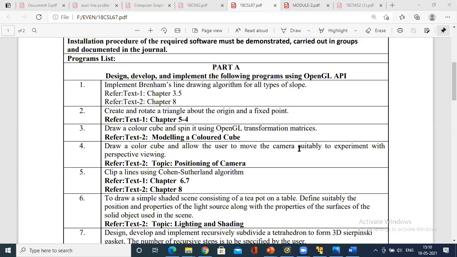Code blocks will not execute all the concepts. Maybe you find it difficult with the code blocks. Those who have done it say that the packages have to be installed. If it is executing well, you can do it. If your project is executing in code blocks well, you can go with that.